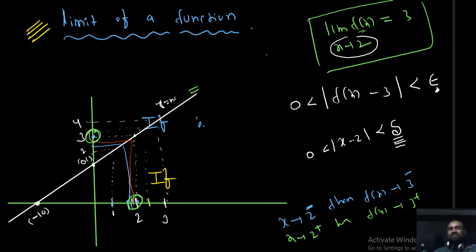What is the meaning of that? x is approaching 2, then f of x is approaching 3. So actually in this example, what is our conclusion? If x is tending to 2, then f of x is tending to 3. f of x tending to 3 means the absolute difference between f of x and 3 becomes smaller and smaller. How can you make the distance between f of x and 3 smaller and smaller? Directly you can't. So we'll make the absolute distance between x and 2 as small as possible, and automatically the distance between f of x and 3 becomes as small as possible.